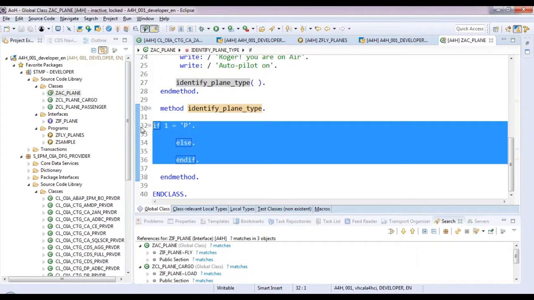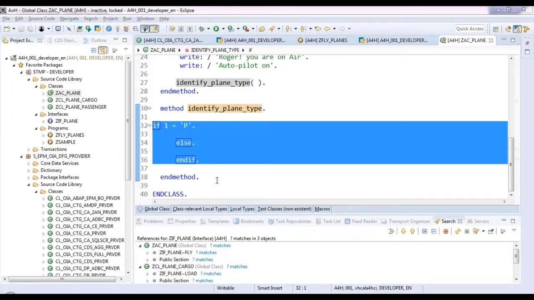So I can remove that code from all the places and reuse this method. That's a beautiful feature which we have here in ADT. It's not there in SAP GUI. You cannot do the extraction of a different method in SAP GUI; you have to do it manually. In SEAT, I don't think we have this feature. I've never seen it actually. I've seen it the first time with ADT itself. Okay, so that's an amazing feature which ADT provides us to separate a piece of code in a